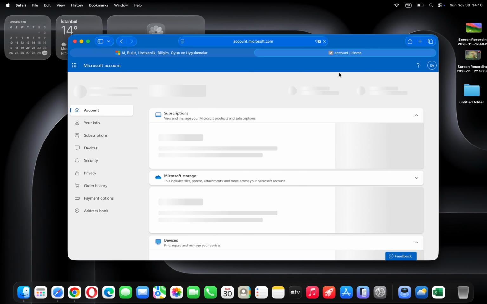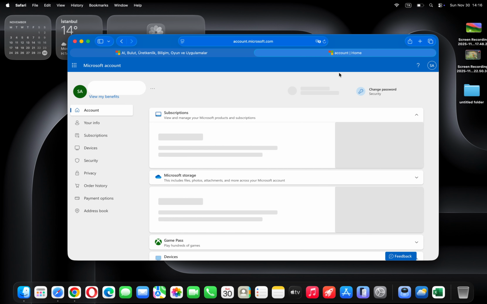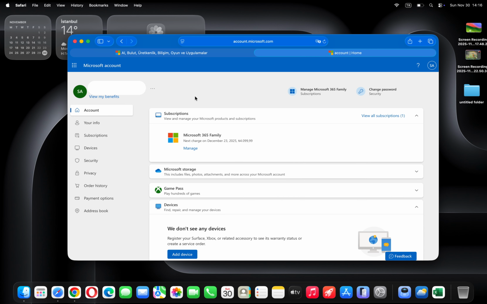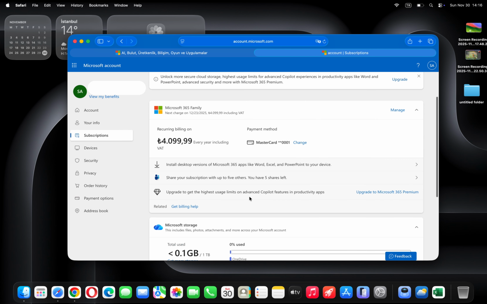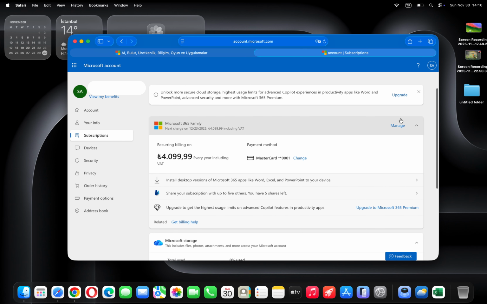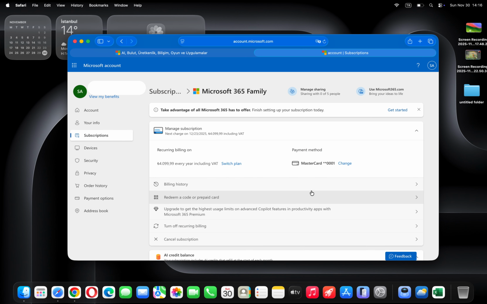And here you can see we got the subscriptions on the left side. Just click to open the subscriptions to check your plan. As you can see, I got my family plan. If I just want to unsubscribe this plan, you're gonna click on manage, and now here